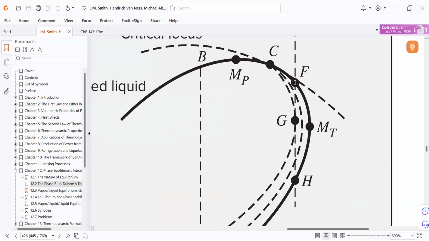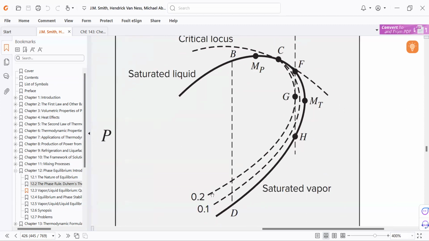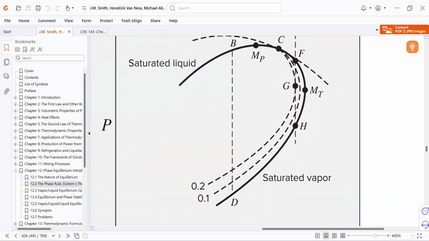Let me zoom in further. It passes first the curve at which the fraction is 0.1. Okay? And then it passes next the curve wherein the fraction is 0.2. So instead of vaporizing, what happens from 0.1 to 0.2? It's condensing. So condensation happens. It's the opposite of what happens on line BD.